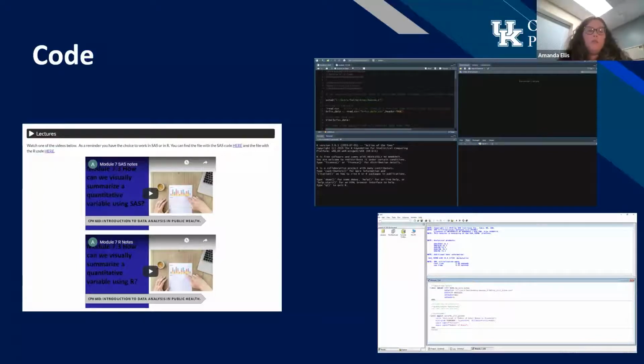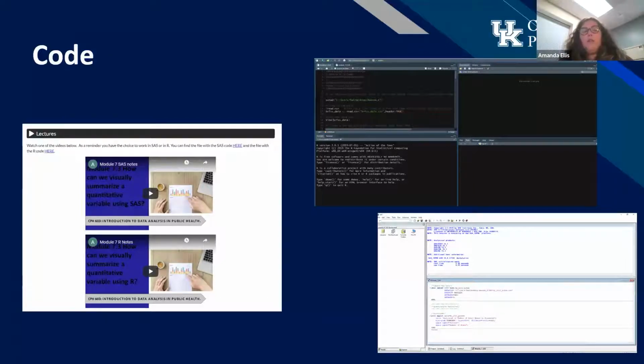That way, when students went to work with their own state's data set, they'd already seen what this looked like for the BRFSS. So what they would have to do is make decisions about how to alter that code so that they were analyzing data for their state, as well as for the variables that they were interested in. They already had some framework to work with the code, and they just had to go in and make changes. One thing that's important is this is an introductory course. There was no prerequisite in terms of had you worked with software before? Had you had any statistics courses? They had none of that before.